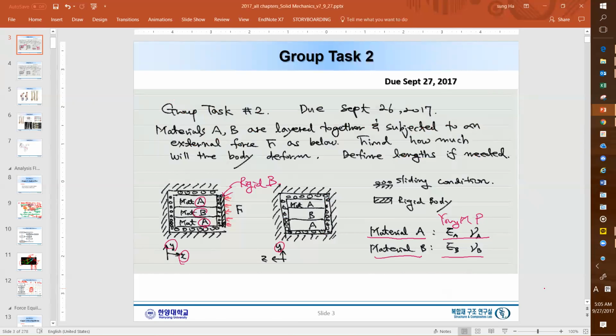Now, if we look at it this way, then the coordinates are X, Y, and Z. And as you can see, on all the edges, the surfaces are enclosed by certain rollers. Pay attention to this system: this will shrink by the same amount, right? But it does not expand or contract laterally because of this roller system. So if we draw this as a 3D figure, this will certainly have